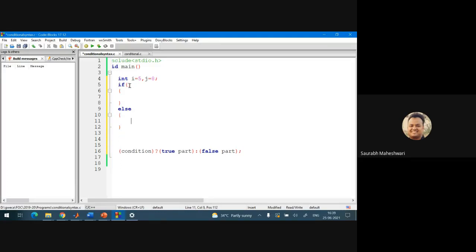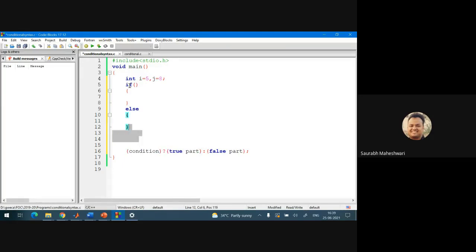So this true part is comparable to this true part, and this condition is directly comparable to this part. Instead of if, we are using this conditional operator.